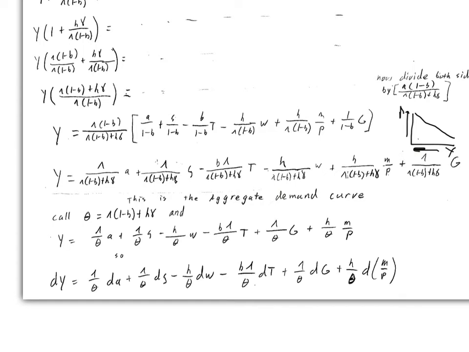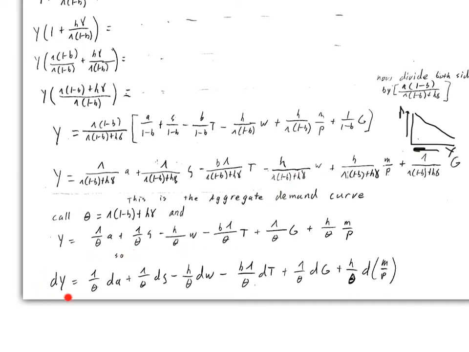The reason I've kept this all separate and nitty-gritty like this is, number one, I can see what are the sensitivities that are coming into play when I change A, or sigma, or T, or W, or M, or G. So I know what's causing the sensitivities, and now I can easily do the total differentiation. Okay, so just for simplicity, if I substitute what's on the bottom by theta just to keep things simple,